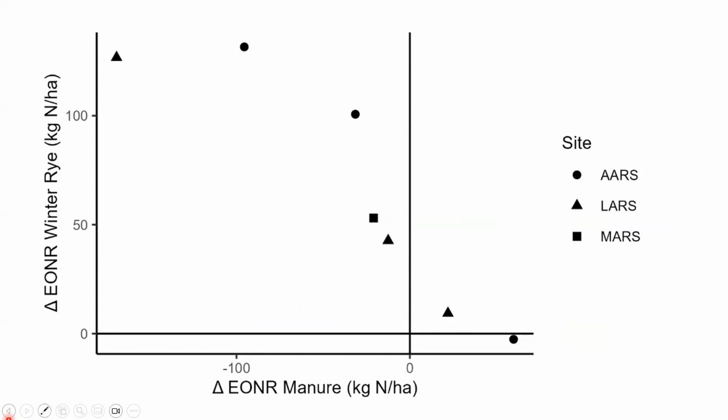All right, the last big concept here is fall manure. Fall manure is variable in terms of how much nitrogen it supplies, not only for what's there, but also whether it is going to stay there. We're talking about a situation where we're putting out manure in early September in a lot of cases, trying to get that manure out as early as we can. What's the effect? So this figure demonstrates,